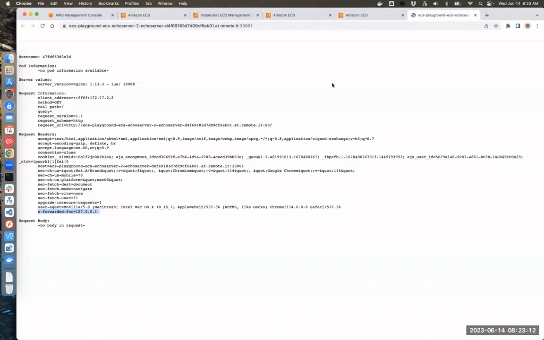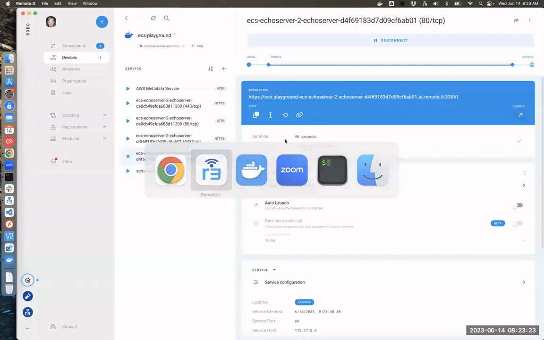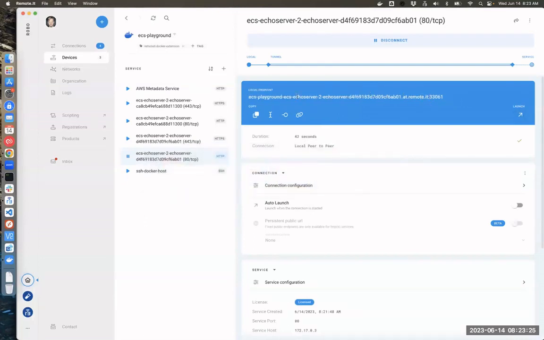It thinks our port is on the local machine, and this is how we get to the instance. There's a remoted agent running on my local machine. There's the remoted agent running in that container out in the instance, and it's making a connection, and it thinks that port is local to me. And how do we know that? We look right here. This is our host name right here.